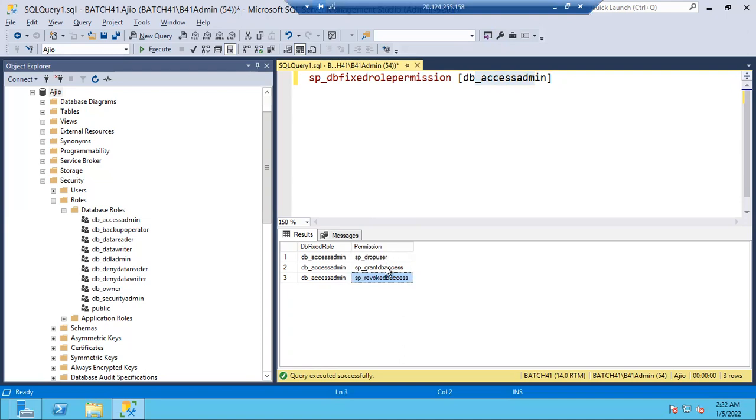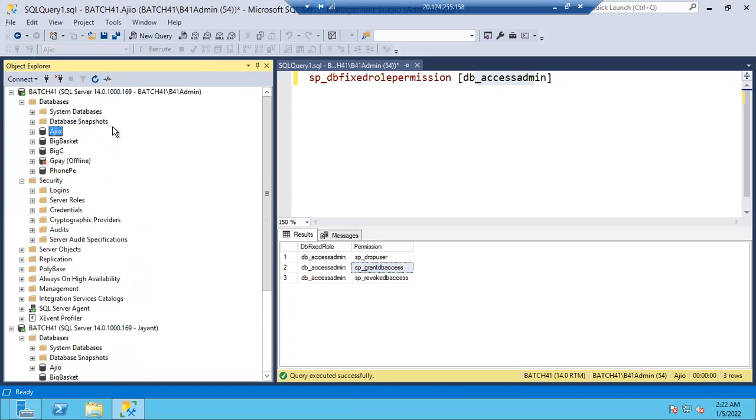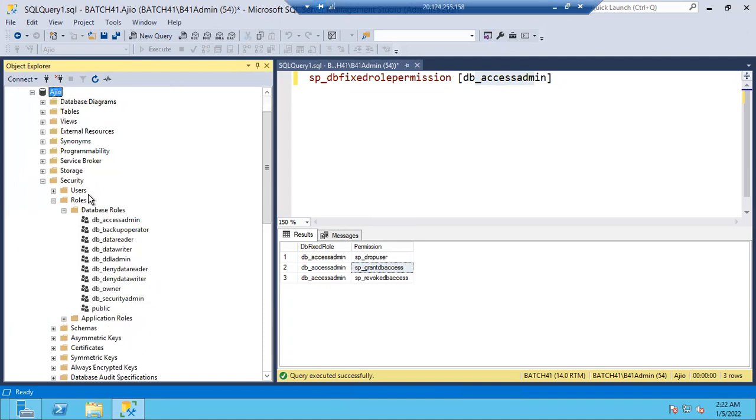Don't misunderstand this concept: Jayant can give access to the Azure database only. Jayant cannot give access to Big Basket, because Jayant is a member of Azure. He can control the Azure database but not other databases.